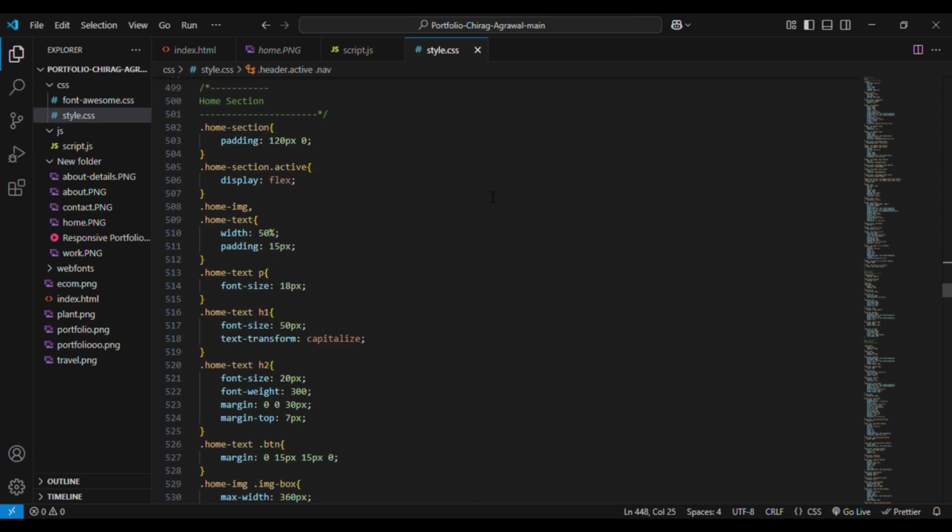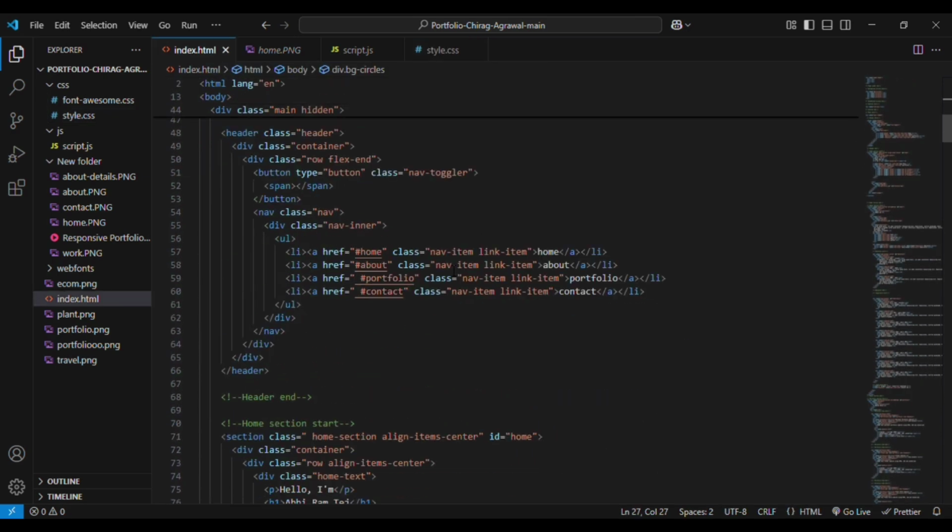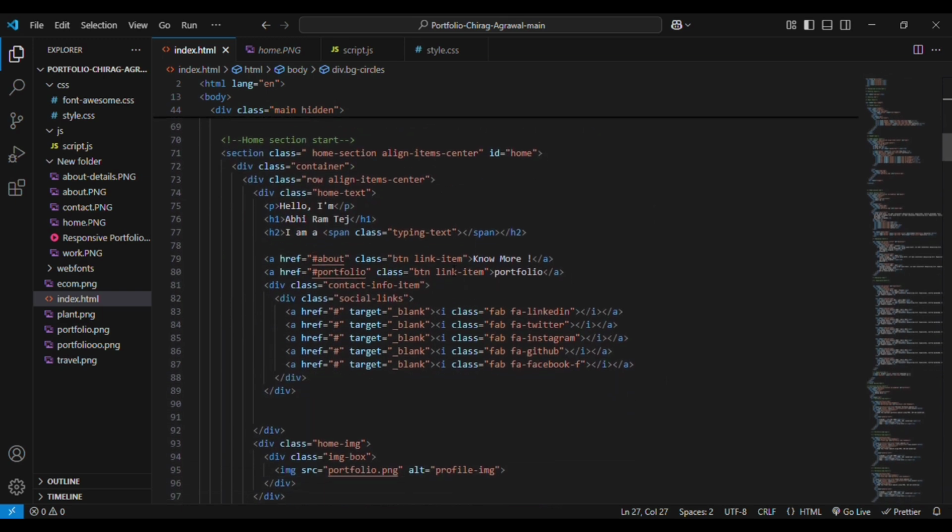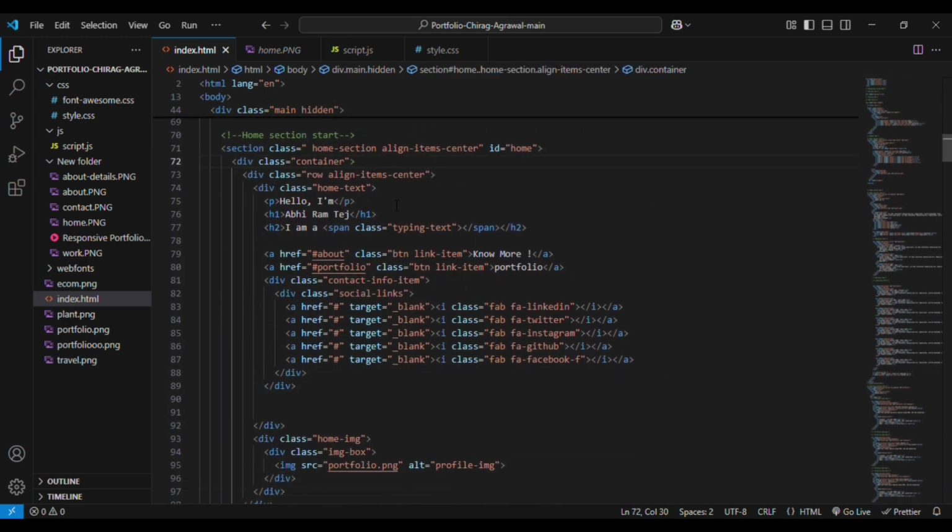that is the home section. This is the home section. In the home section we have the main div, that is the container div. Inside that we have the home text, paragraph, as well as h1 element, that is heading element, and h2 element, and we are adding a span element with a class of typing text. This is for the creation of continuous typing effect that we have used in here. Then we have an anchor element for no more. These are actually buttons that we created, and we have added the button classes to here. You can see here, these are the button classes that we have created in the